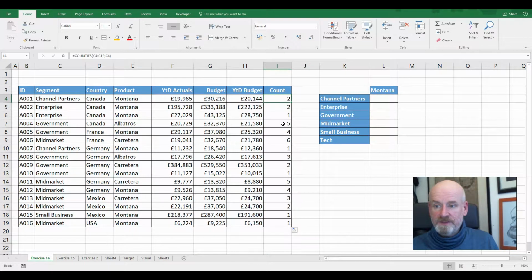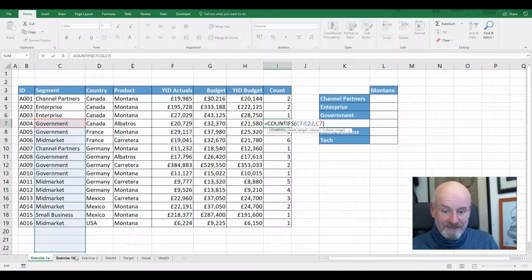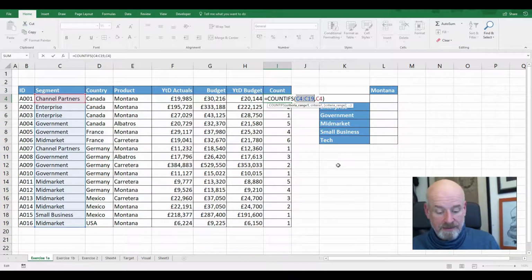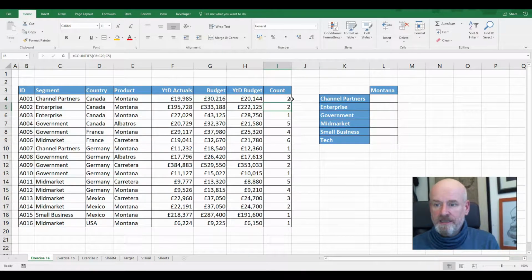If I look at a different cell, this one is now looking down here because I'm using relative addressing. So rather than using relative addressing, what I need to do is actually use absolute addressing. So I always look at C4 to C9. I do that by selecting it and pressing F4, locking it down, anchoring it to that specific set of cells. And now when I drag down,